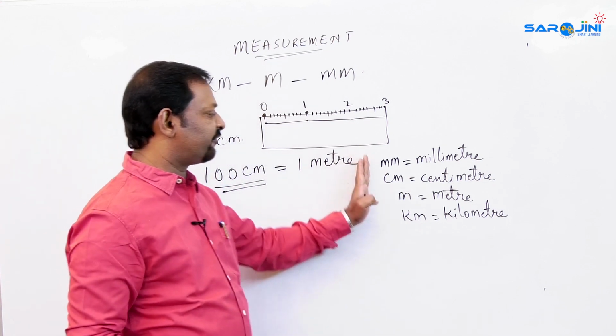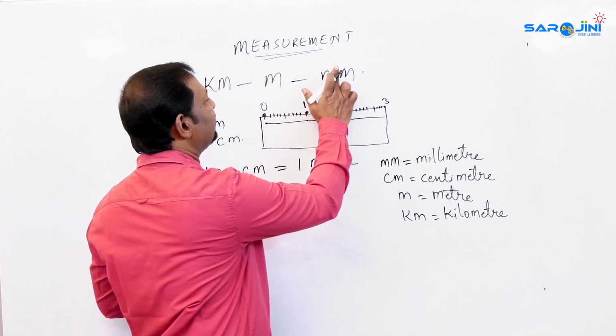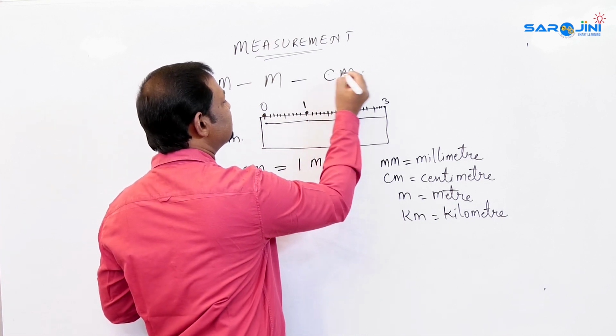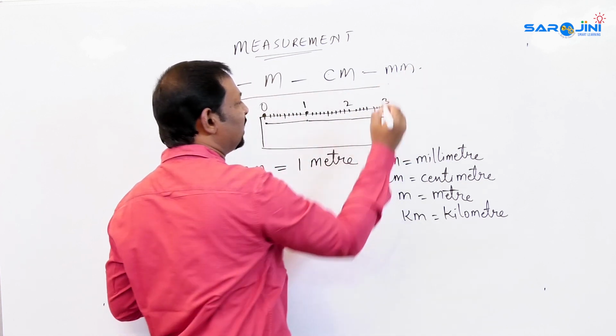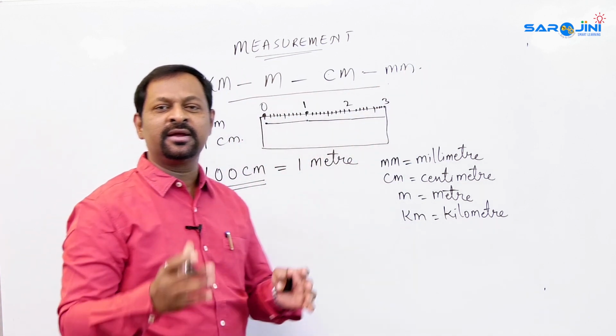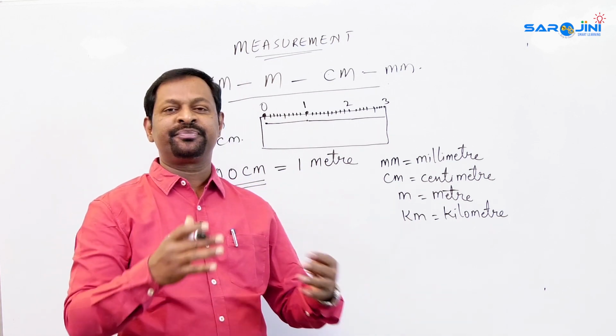Have you understood the 4 parts? Here: kilometer, meter, and here I will take centimeter also, centimeter, and millimeters. So 4 things are there in measuring the distance of a particular place or particular area or particular